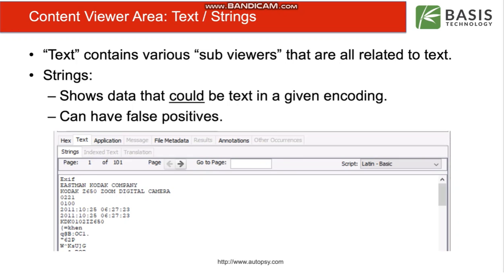In this example down here, this is just looking at Latin Basic, which is ASCII, and there's 4 or more letters in a row that map to EXIF. There's a bunch of letters here that map to Eastman Kodak Company, and you'll see a variety of things that make sense up here. But once you get down here, this is probably just